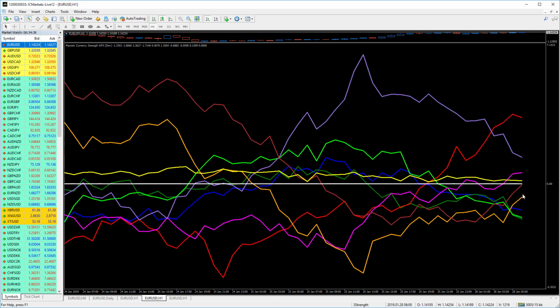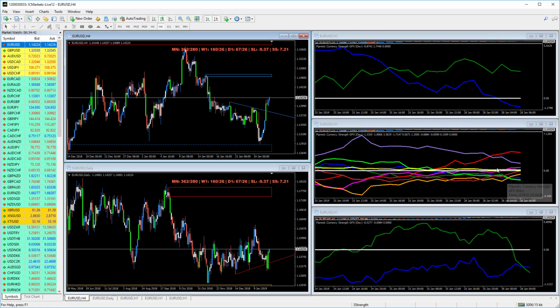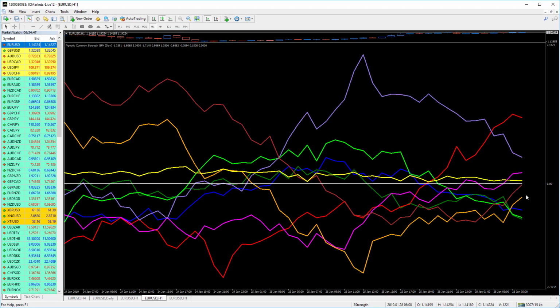So you can see that this is the more medium term. It's difficult to see on this chart because they're all scrunched together, so I normally go like that and see what's moving on this chart. And you can see that the Aussie Swiss franc and the Aussie American dollar are starting to diverge. So buy the Aussie and sell these two here. Okay, so if I take this information